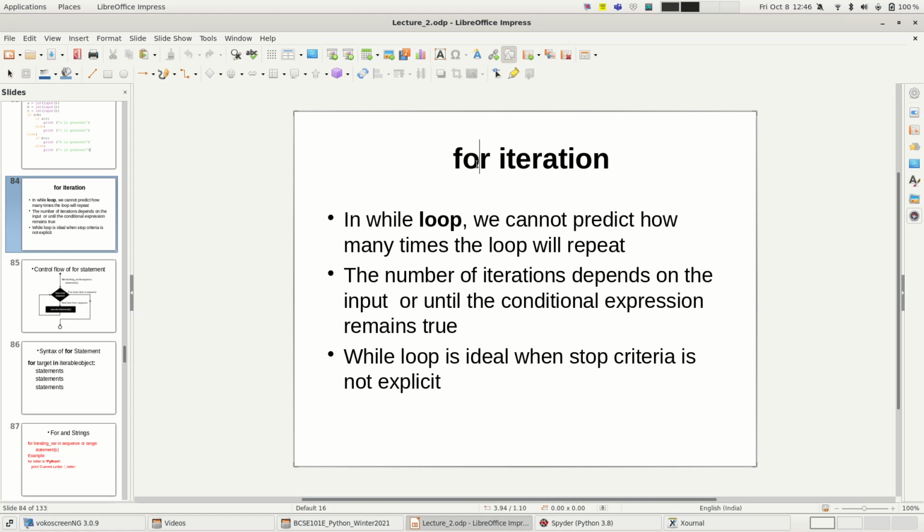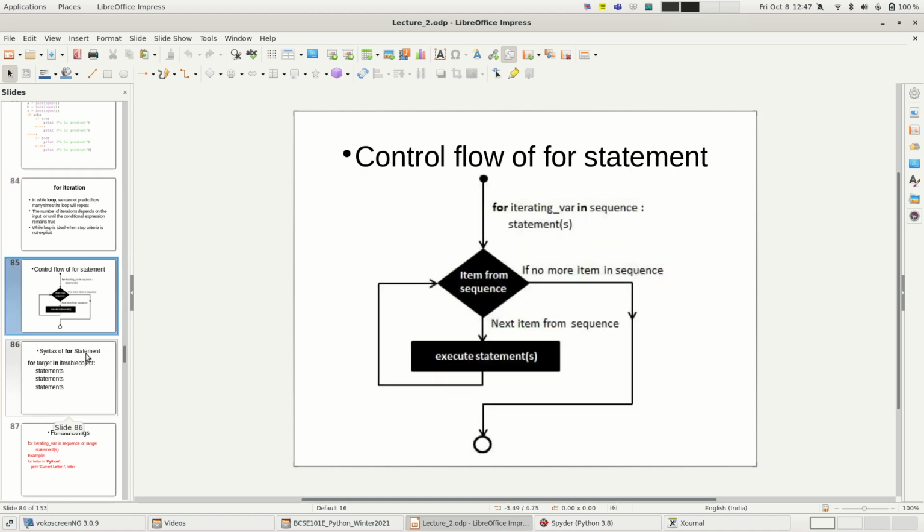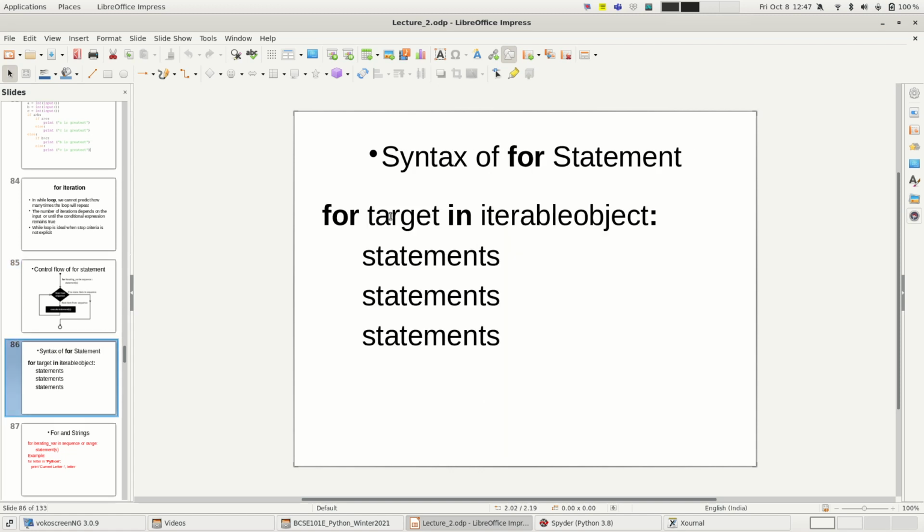In the last class, we had seen what is a for loop and what is iteration. We have seen that it's a sequential iteration where, based on a condition, we know how many iterations we have to make. Okay, mostly in Python, many of the objects that we get are iterable objects. That means we can iterate over them one element after another. And we have seen the syntax of the for loop.